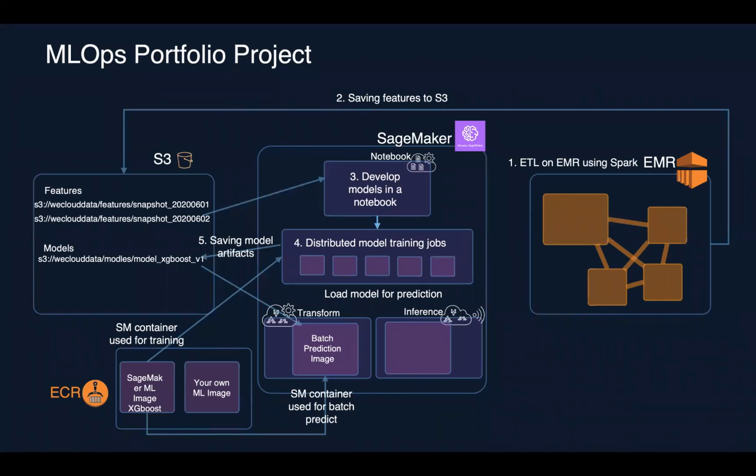And then use that for model prediction and save the prediction back to your data store, right? And if you're doing real-time inference, in this case, you basically need to have exactly the same environment that you use for model training. So you're going to spin up a Docker container as well and load the model artifact. And of course, in this case, you have to write your inference API.